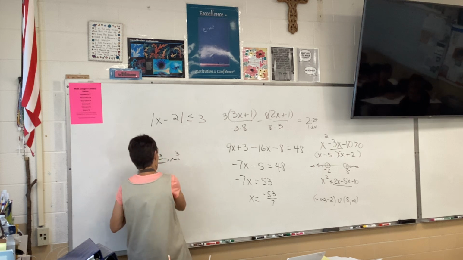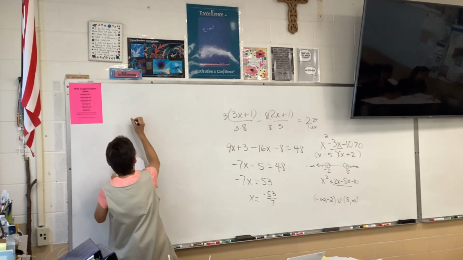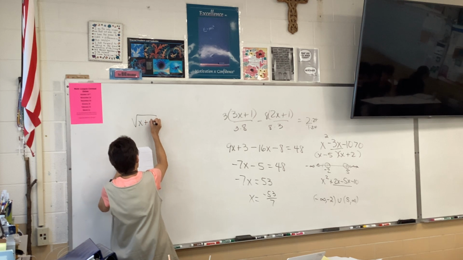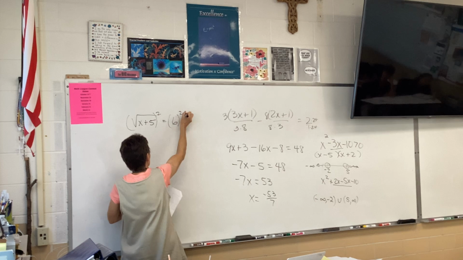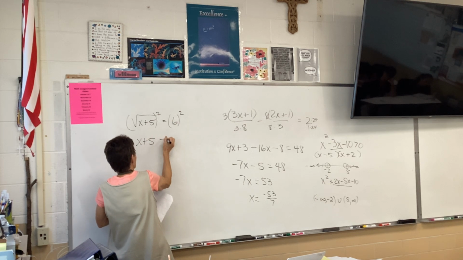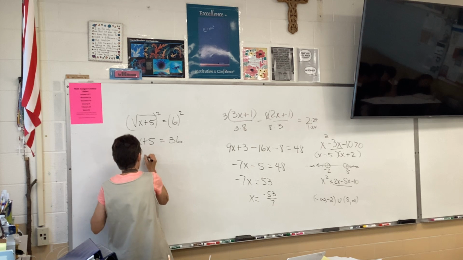Speaking of not bad, B was easy. What are you going to do with B? Square both sides. So x plus 5 equals 36. And x equals